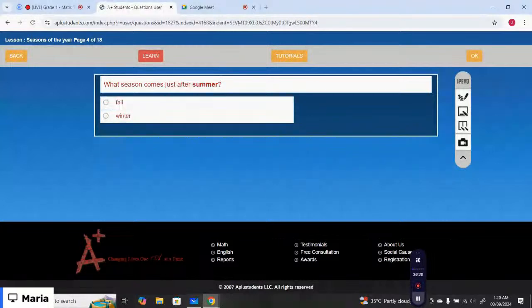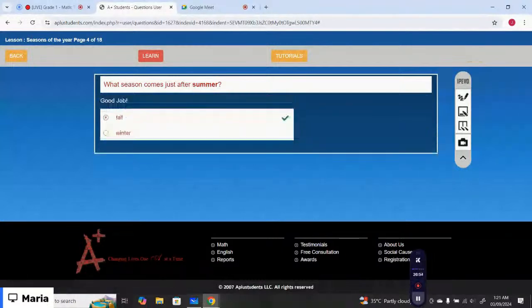What season comes just after summer? So, which is the correct option? Just after summer, it is fall. Option number one is the correct option. Fall it is. Okay, the next one is